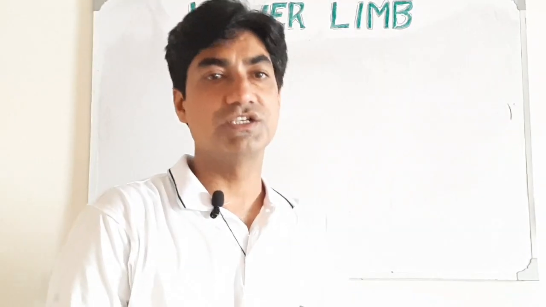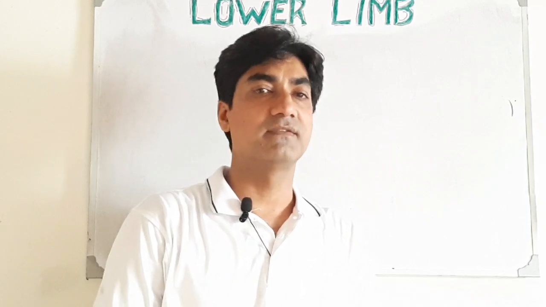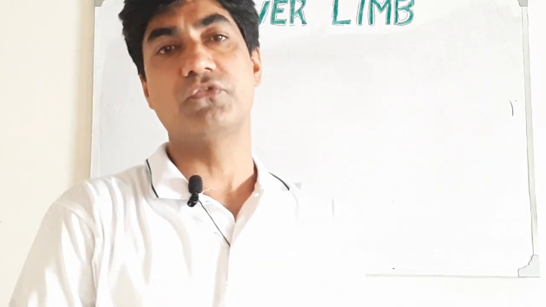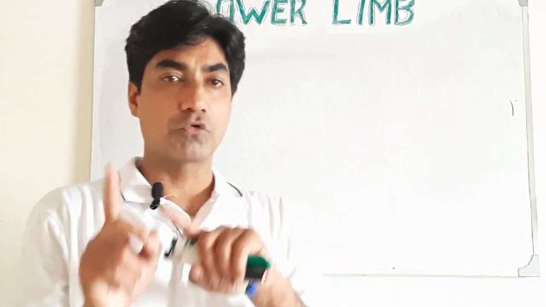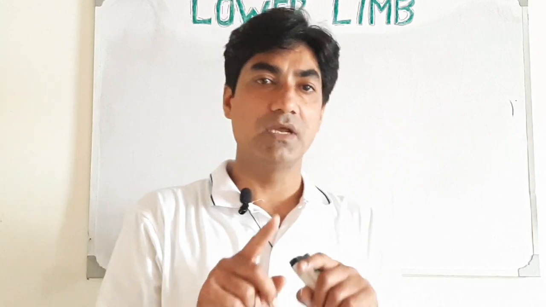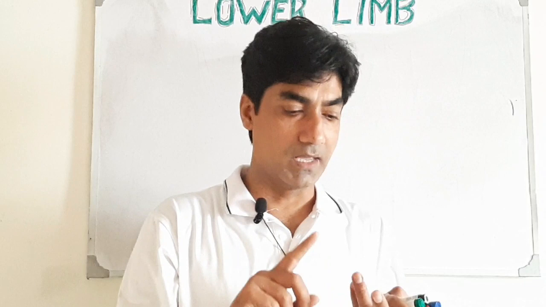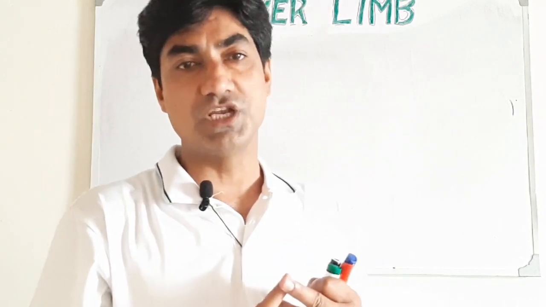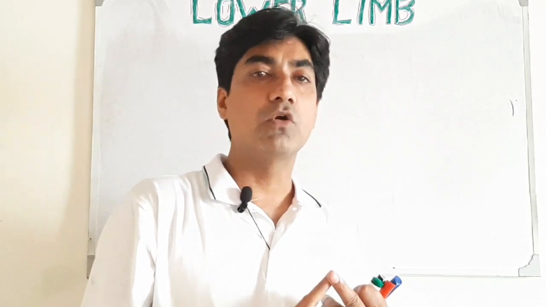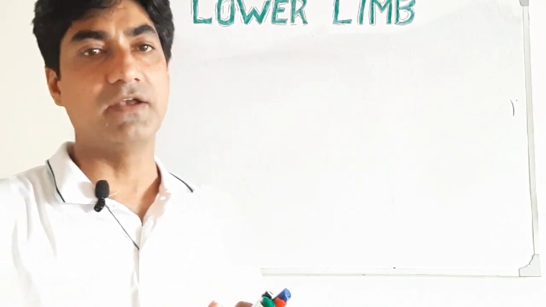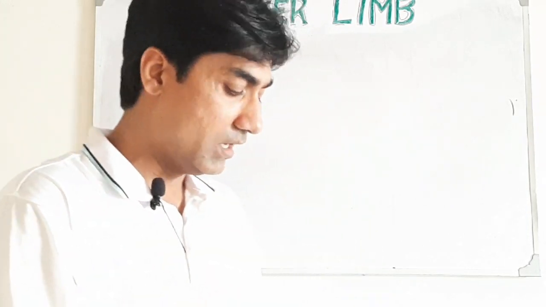Moving towards the third region of lower limb, that is the dorsal region or ankle region. In this region, seven bones are arranged in two rows. One is the proximal and the second is the distal row. These rows, proximal and distal, are similar to those of the carpal region as we have discussed in upper limb, but its arrangement and shapes are different than the carpus region, because due to load bearing and weight bearing, its shape and arrangement are different than the carpal region.